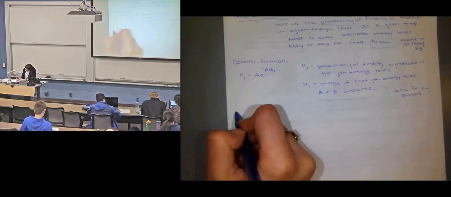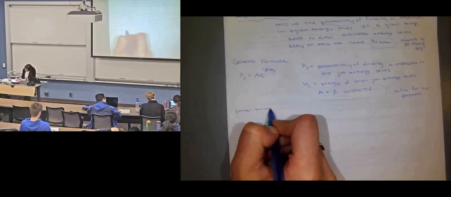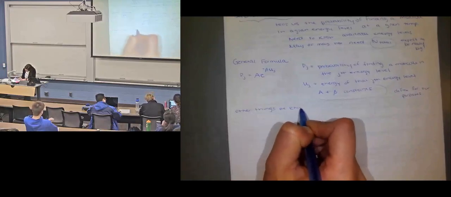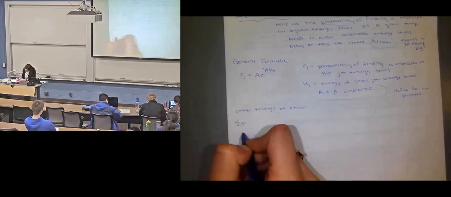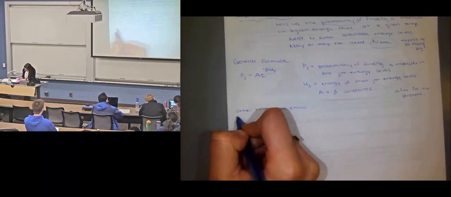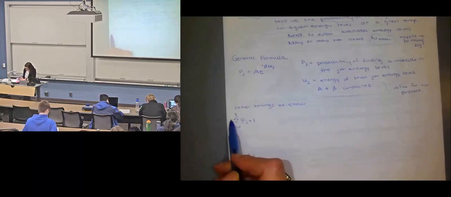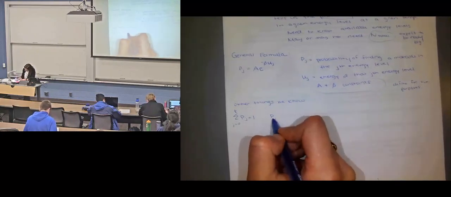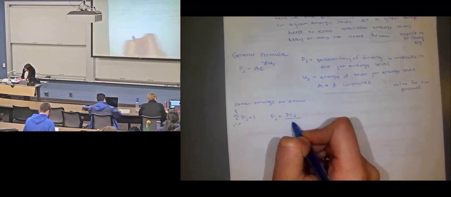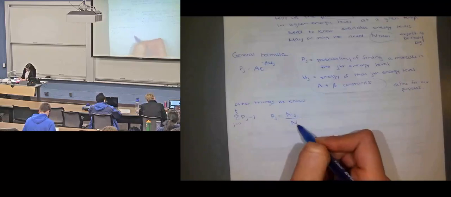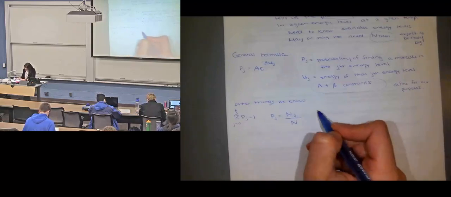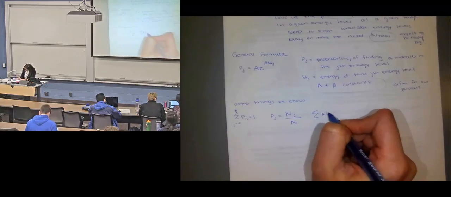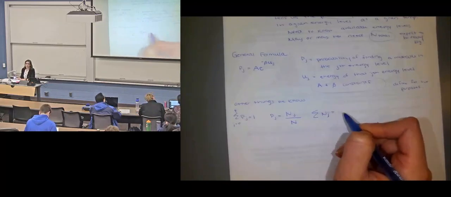We have a couple other things we know. So we know that the sum of P sub j has to be equal to 1. Where the sum runs over the total number of energy levels we have, starting from our ground state up to however many we have. The sum of all those probabilities better be 1. P sub j is also equal to the number of molecules in the jth level over the total, if we have that piece of information. We know that the sum of all the numbers,